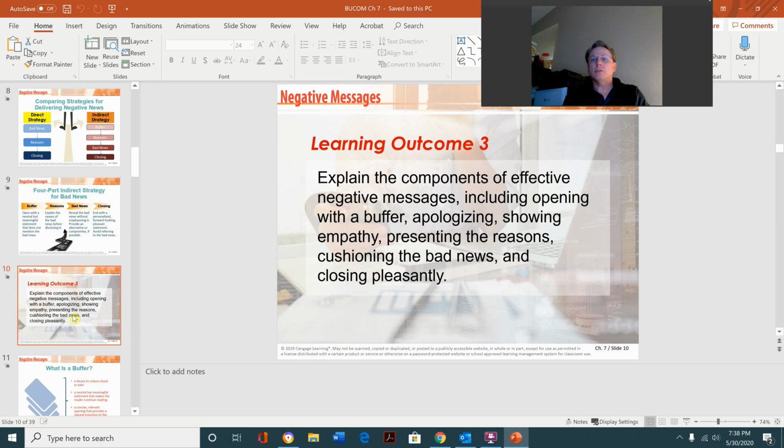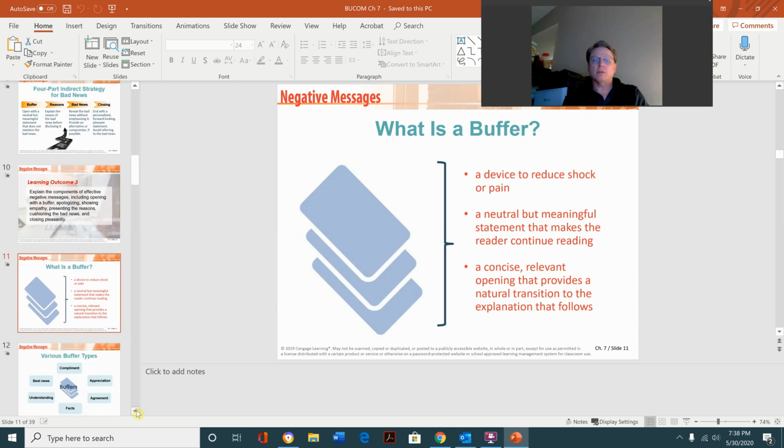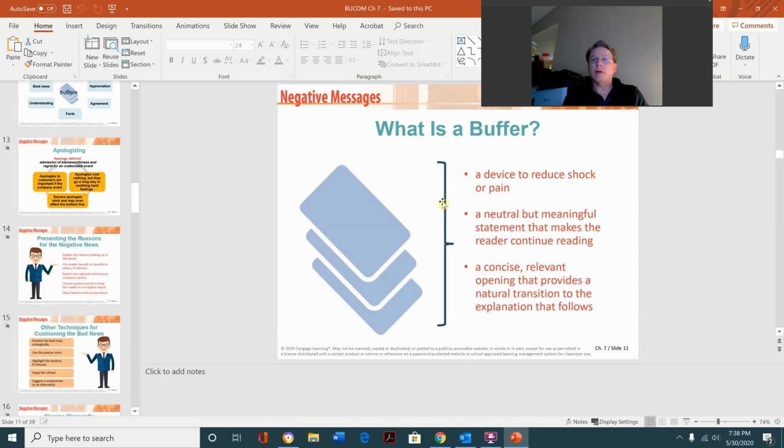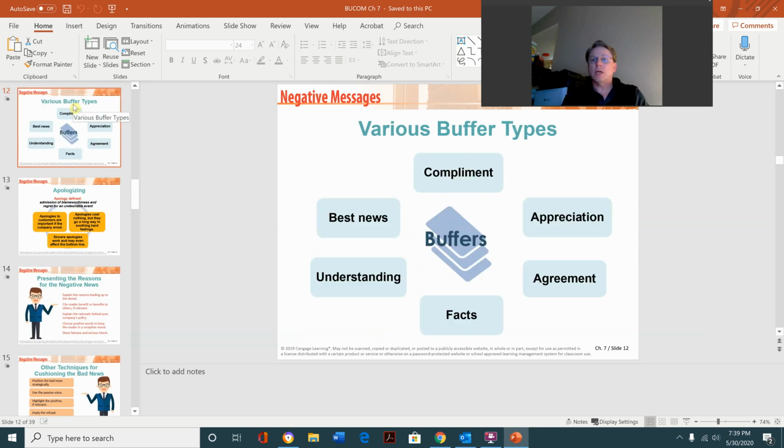Okay. So, learning outcome 3: explain the components of effective negative messages, including opening with a buffer, apologizing, showing empathy, presenting the reasons, cushioning the bad news, and closing pleasantly. Okay. So, here we have what is a buffer: a device that reduces the shock or pain, a neutral but meaningful statement that makes the reader continue reading, a concise, relevant opening that provides a natural transition to the explanation that follows. Okay, so here are various types: compliment, appreciation, agreement, facts, understanding, best news,